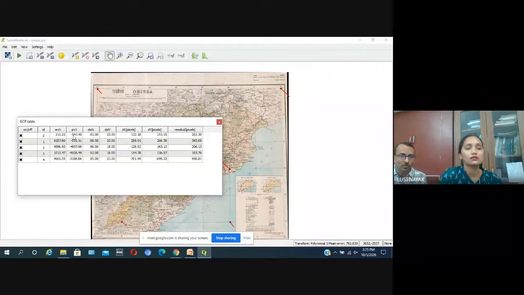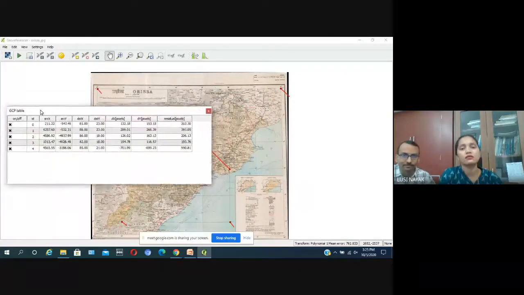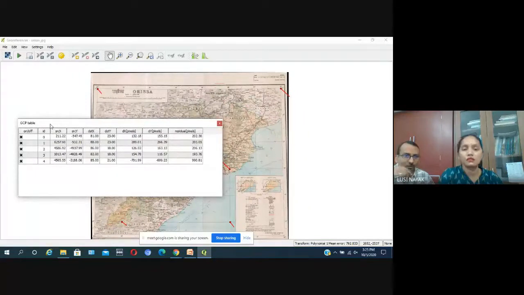So which point is erroneous? We have to check it again. How to check it? Please check one by one. The ID 0, yes. Which point is this? How to know?